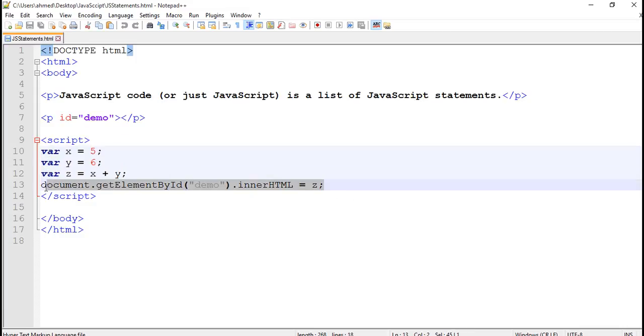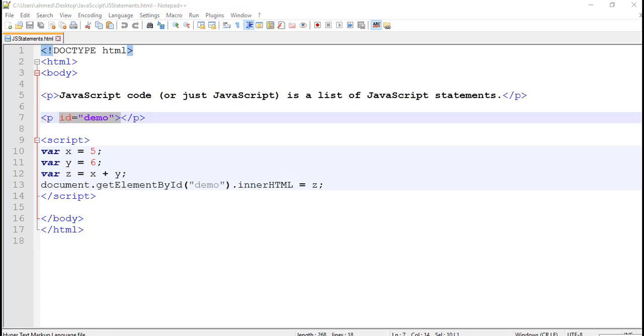Now document.getElementById: when we execute this statement it will show the value of z in the paragraph. So basically in this example, x, y and z are given values and finally z is displayed.